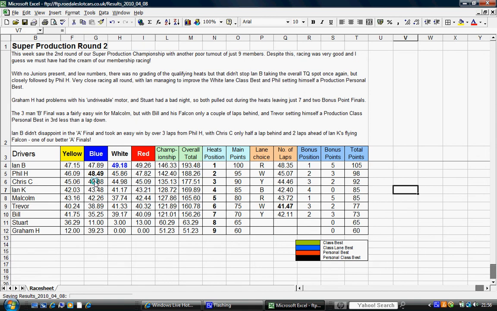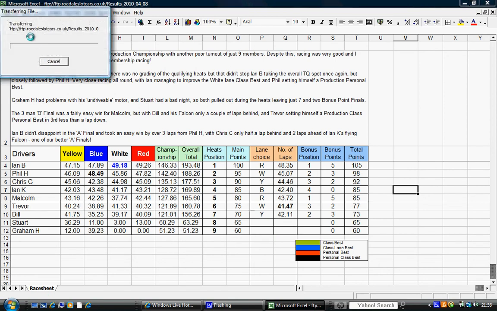And here we go. Now telling us it's transferring the files, just putting the results up onto the website, and it's now completed that, and that's done. So we can just close that down,